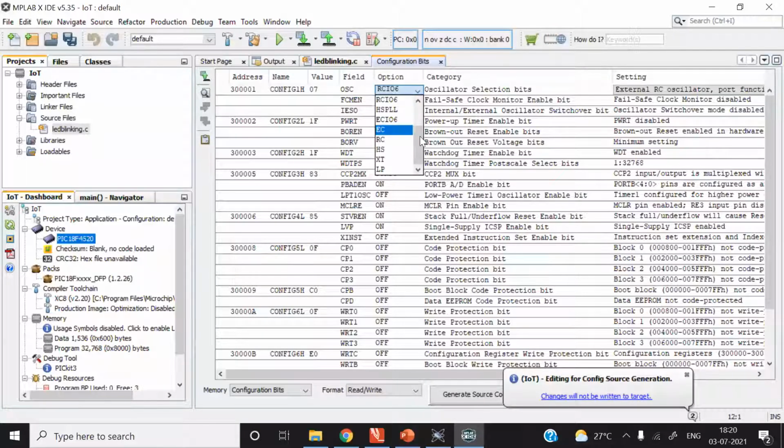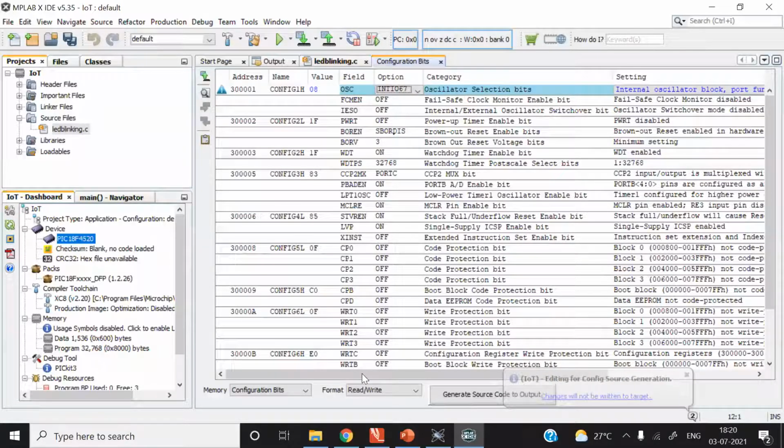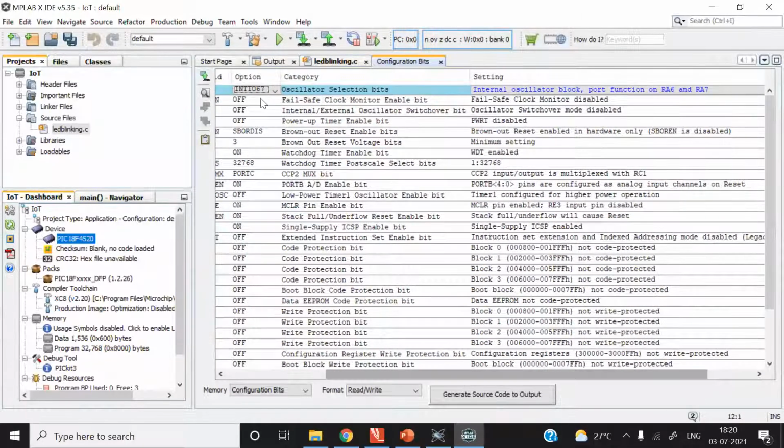For example, we want INTIO67. The meaning of INTIO67 is that 6 stands for the RA6 pin and 7 stands for the RA7 pin. These RA6 and RA7 pins are multiplexed with the oscillator block. So whenever you connect an external crystal, that crystal must be connected in between the RA6 and RA7 pins.